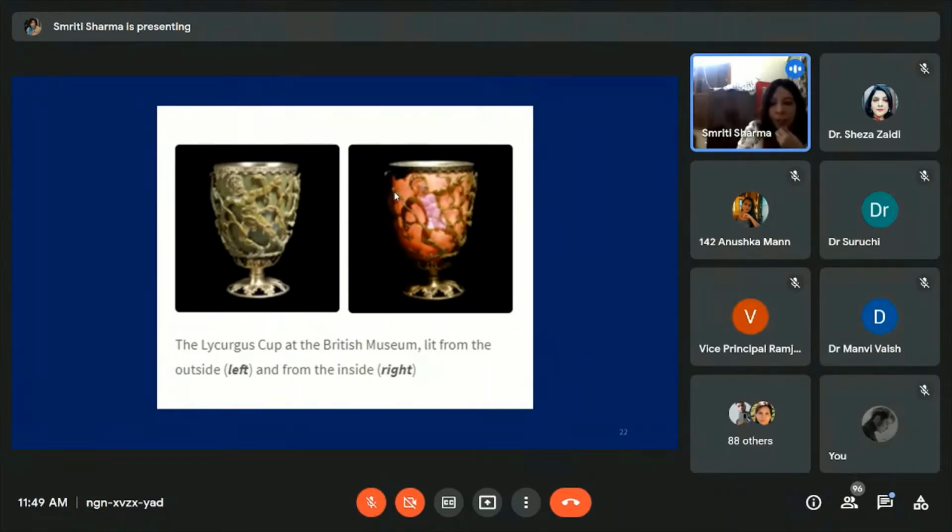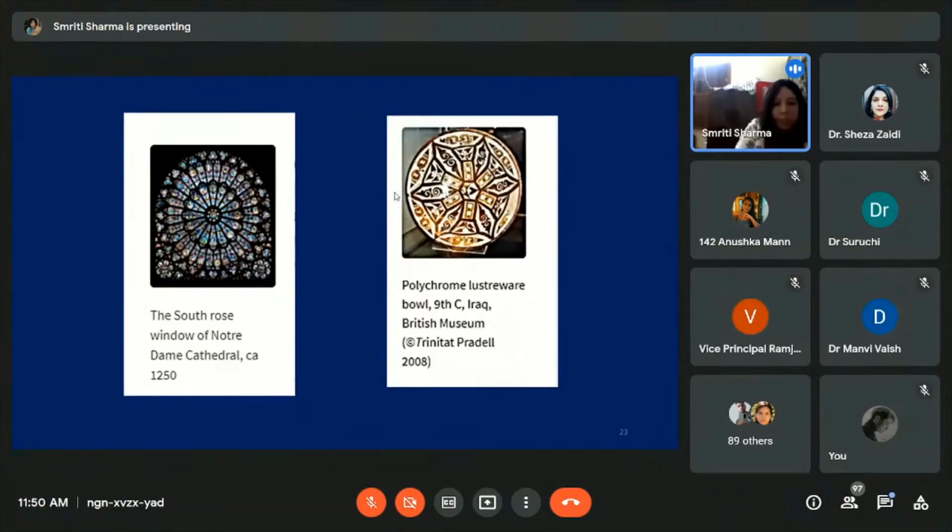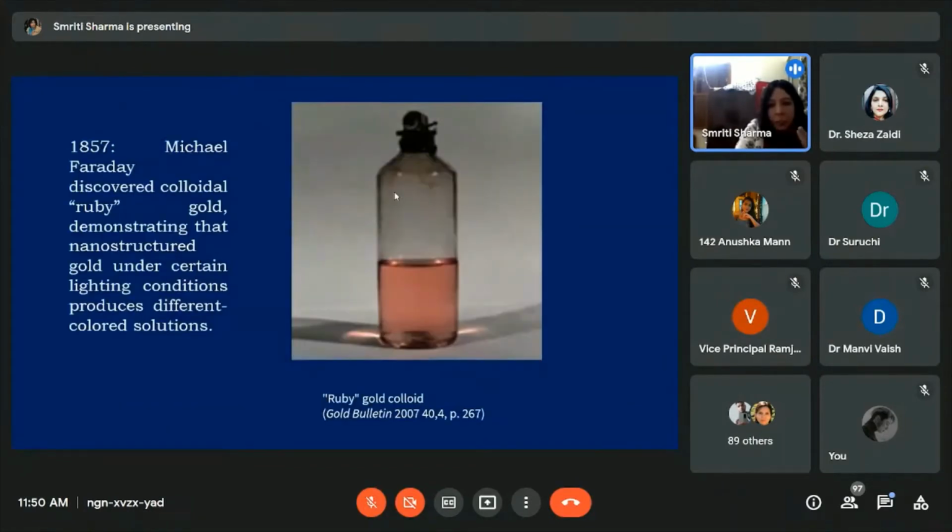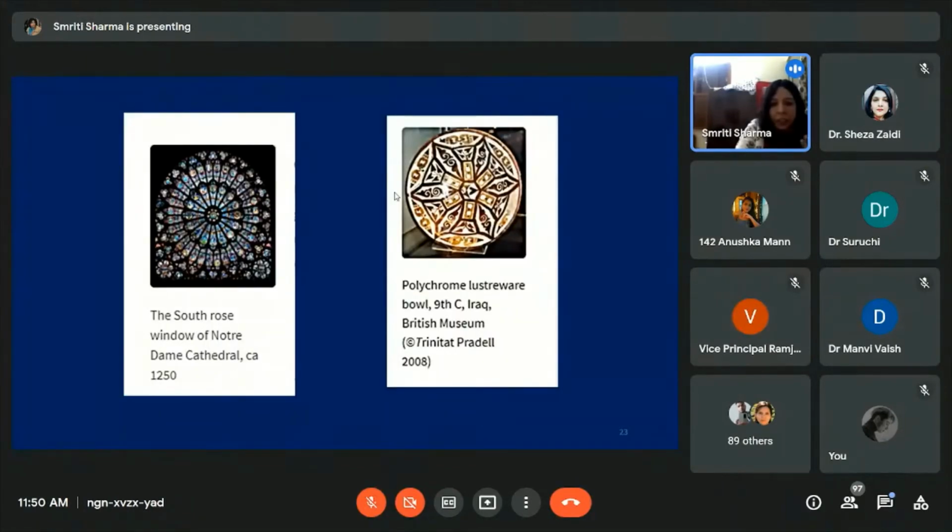So this also is a marvel of nanotechnology. And the stained glass windows, I think the anchor did talk about stained glass windows also. So these are the examples. All these are very beautifully done and historical examples, and they have got nanotechnology involved in them. So it's not a new science, as I said, but I also gave you four reasons as to why it